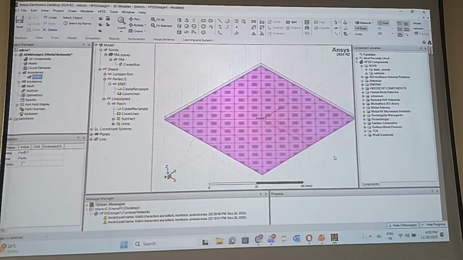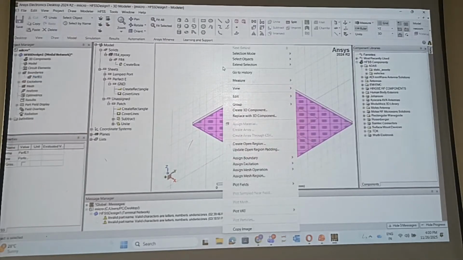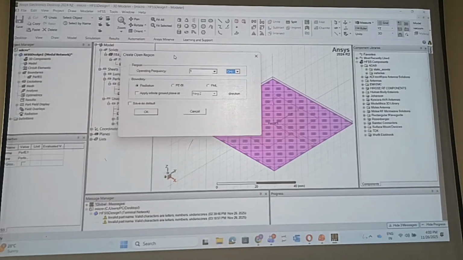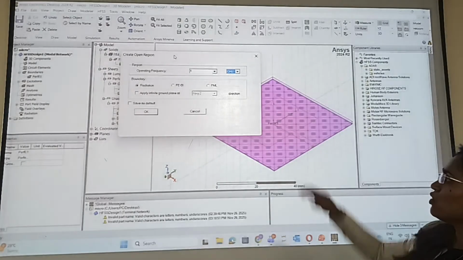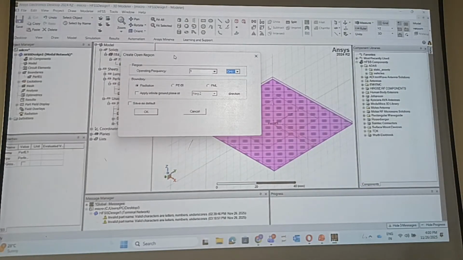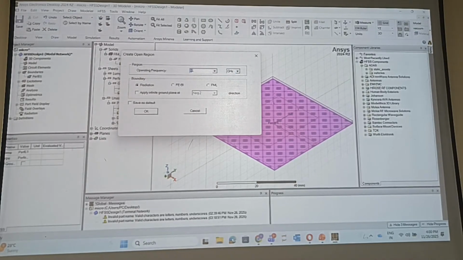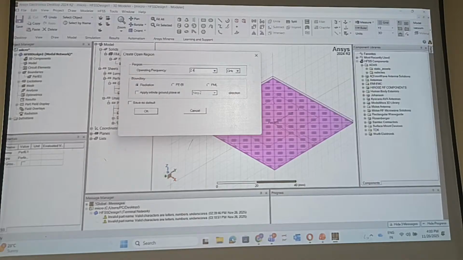Just go to the plane, right click over here and click on create open region. One pop-up window will generate and it is asking you at what operating frequency you are going to create a radiation box. So here, remove that operating frequency 1 and type there 2.4. So for 2.4 gigahertz operating frequency,